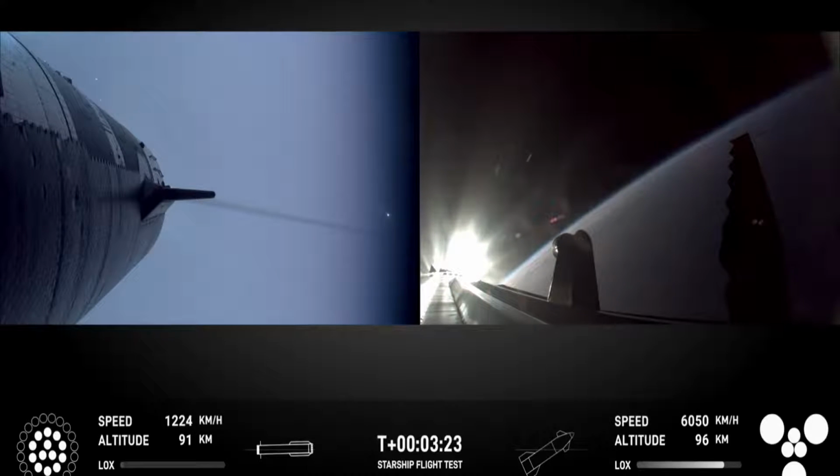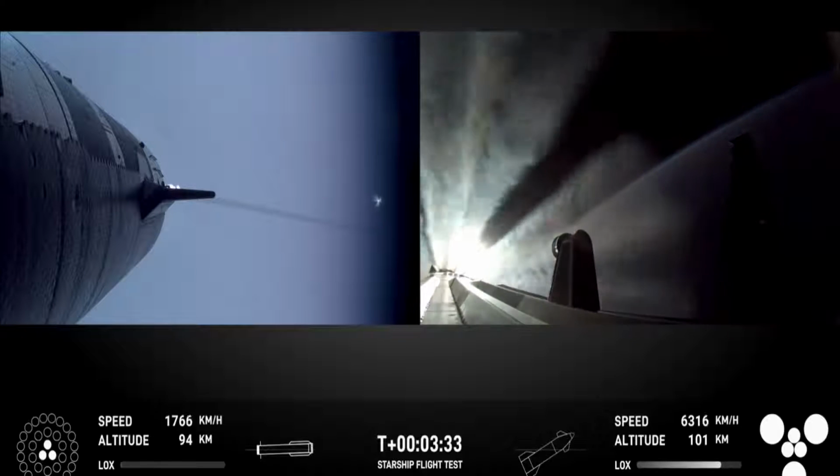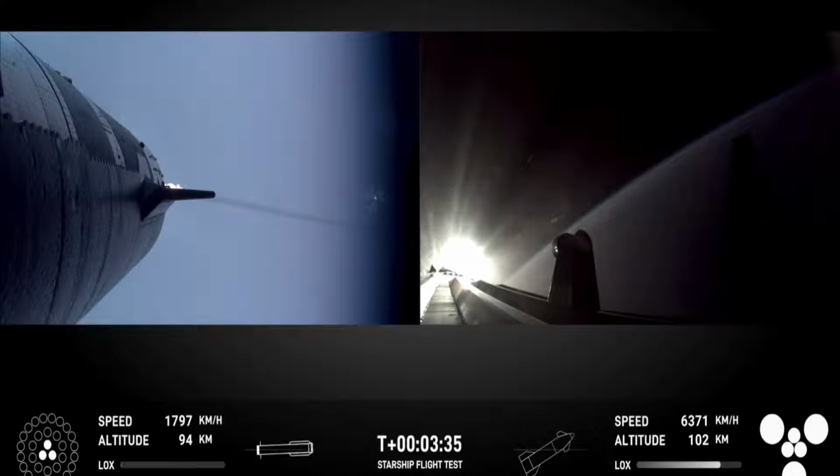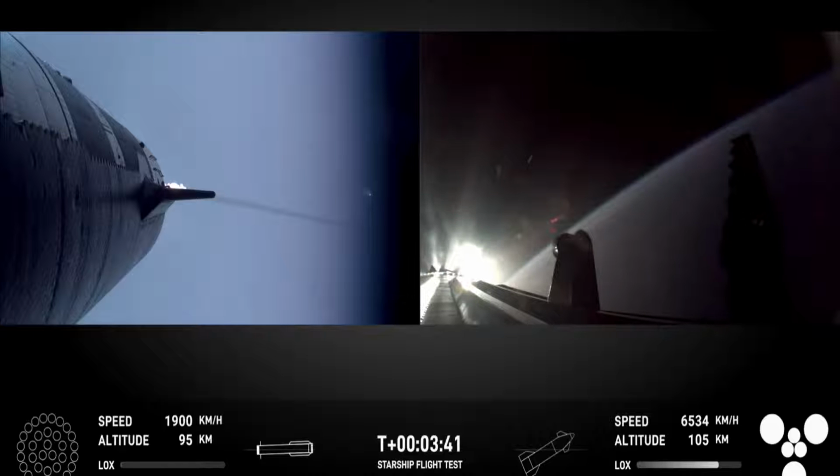first stage is now making its way back to the launch site. Ship avionics power and telemetry nominal. The booster and the tower are both performing automated checks to make sure we are go for the booster to return to the launch pad for that catch. And once those are complete, the flight director...